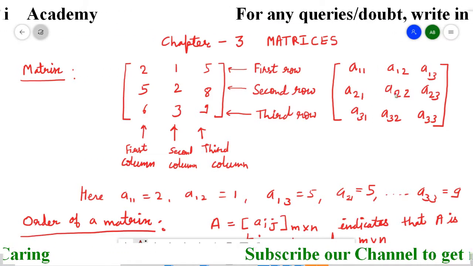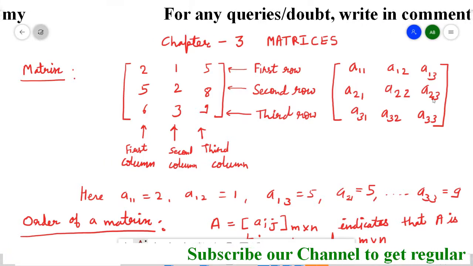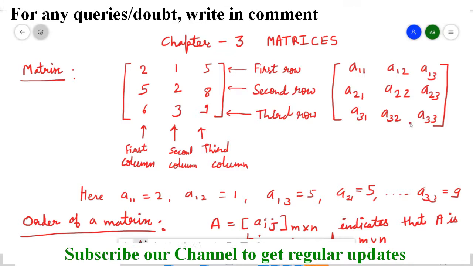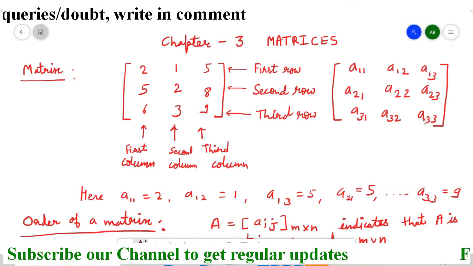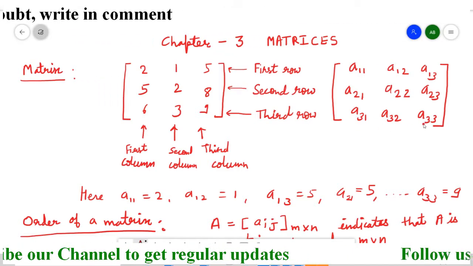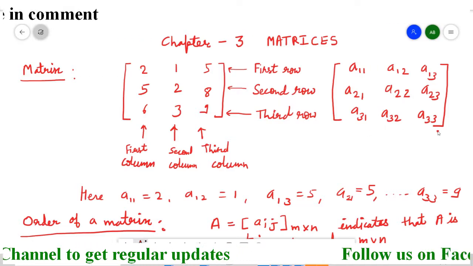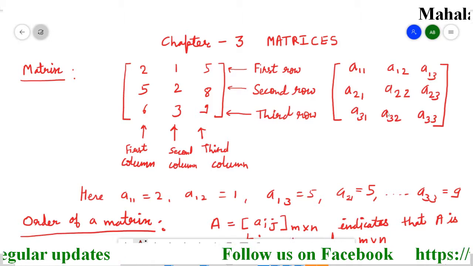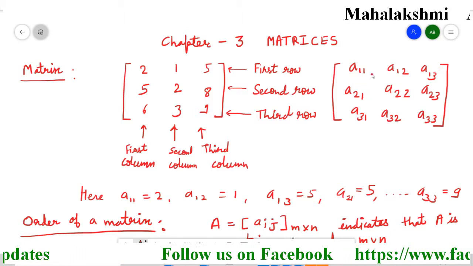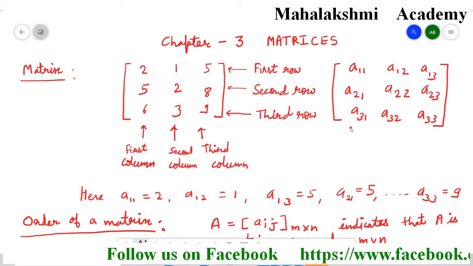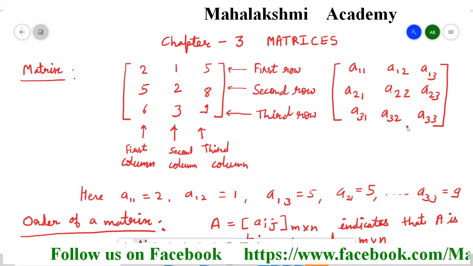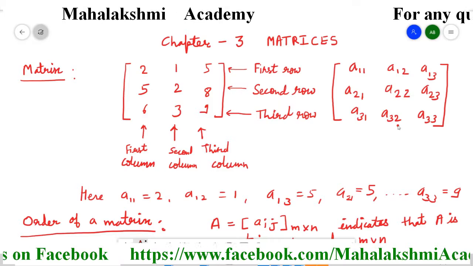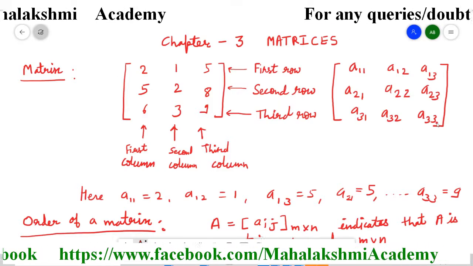This is first column, second column and third column. In the same way, third row, since the row is the same, that's why 3 3 3 is the same, because they are all in the same row, but the columns are different, that's why first column, second column and third column. So along the row the first number is the same, and along the column the second number is the same. Like here this is second column, so second number is same, 2 2 2. Here 3 3 3 is same.